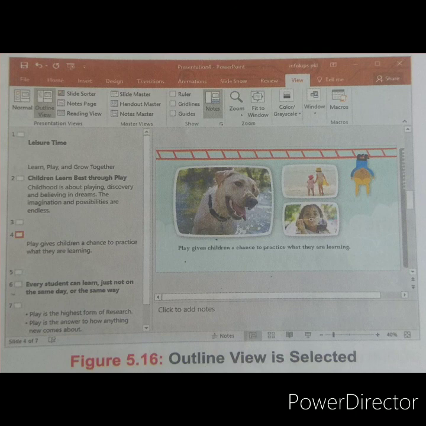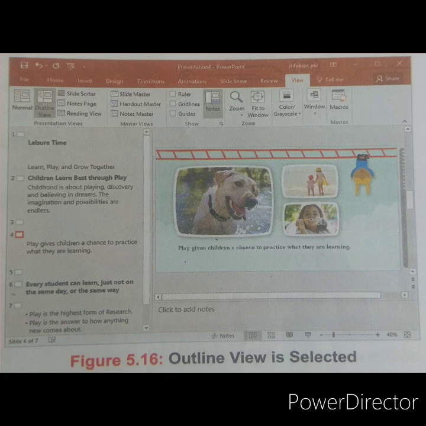This view allows you to quickly edit the text on the slides and view the content of all the slides at once. It means you can see which text is on the first slide, which text is on the second slide, and the third slide has no text. We are at the fourth slide right now because it is red. You can see: play gives children a chance to practice what they are learning.